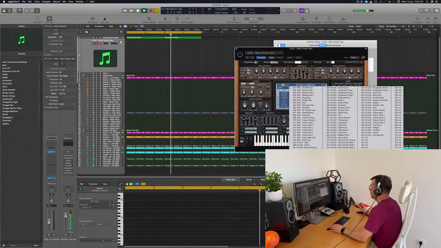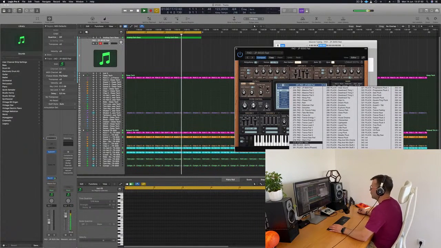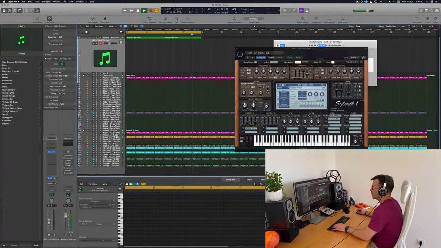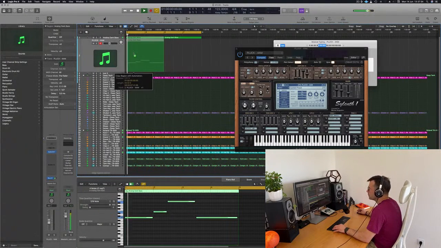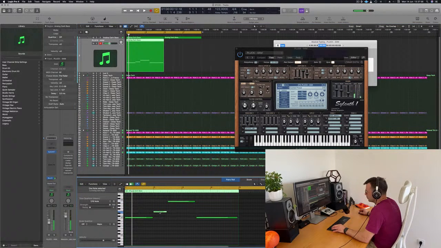So I don't know about you guys, for me the idea is forming in my head as I go. I'm thinking, okay, some plucks. I'm gonna pick some keys from the original here to create like a pluck sequence. It's gonna be in tune with the original idea.